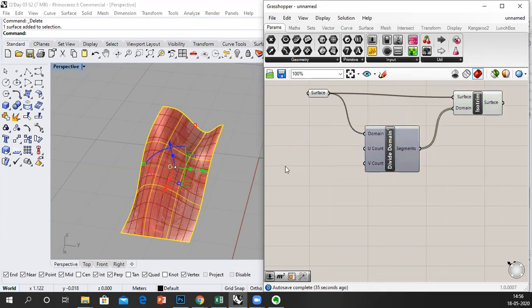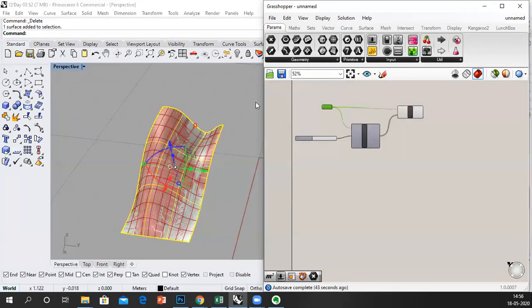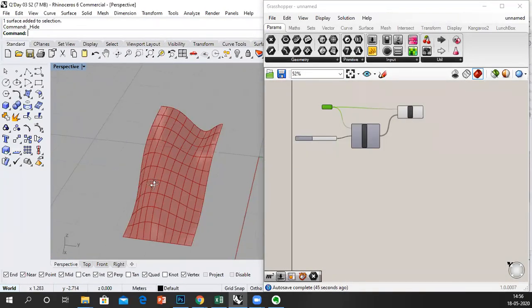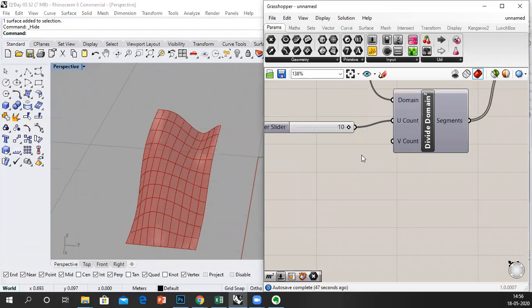U count I'm going to keep, say, 10. Let me hide the initial surface over here also. V count I'll keep it 1.